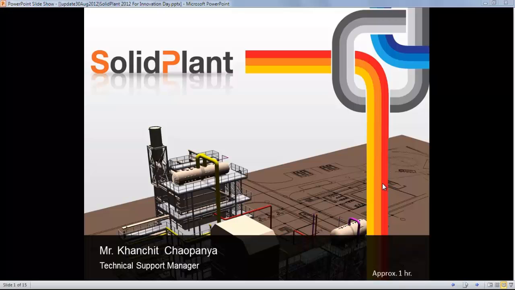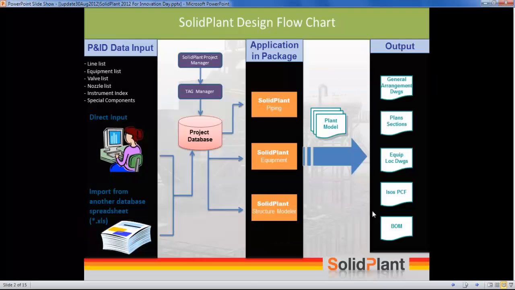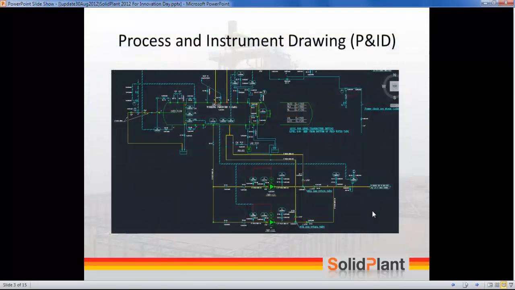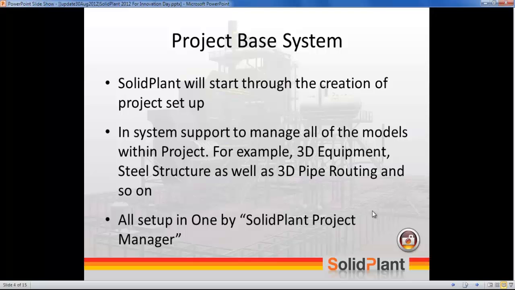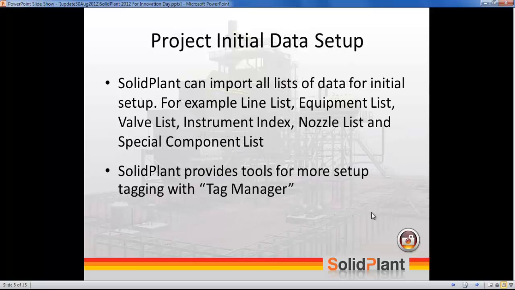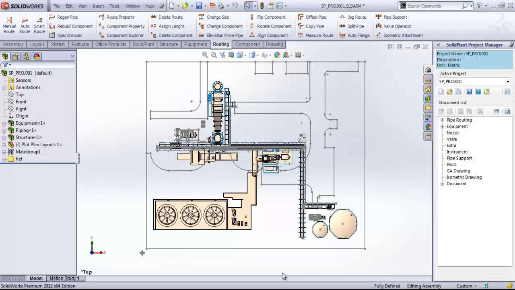In this video, we are going to learn how to use some features of Solidplant. We are going to start with the project initial setup. Solidplant can import the data list from the PID provided in the tool Tag Manager. Let's see how Solidplant retrieves the data from the PID by clicking the command Tag Manager on the Solidplant Project